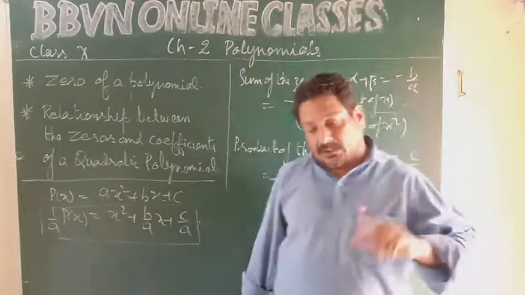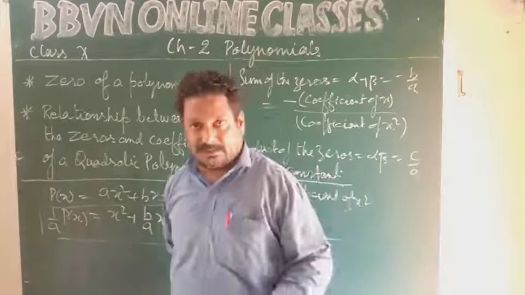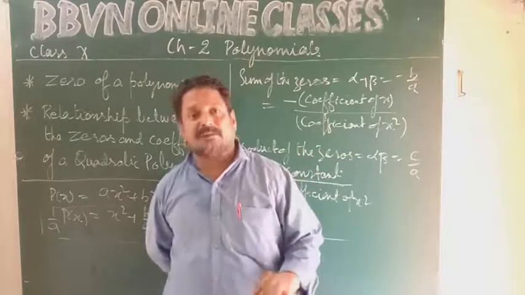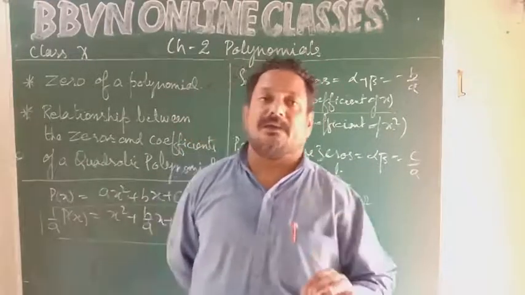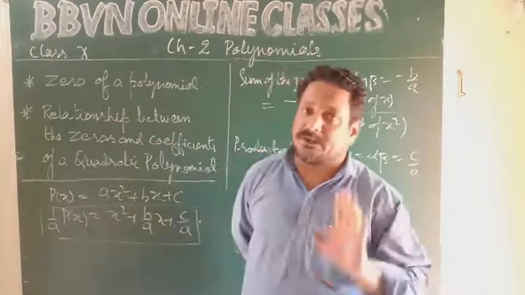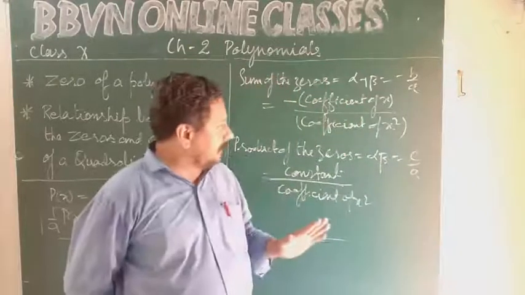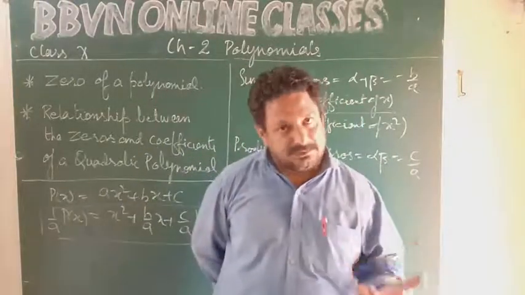So this is the relationship between zeros of a quadratic polynomial and coefficients of a quadratic polynomial. Earlier we used to have cubic polynomial also, but now for this particular term, this particular session, we only have the relationship between zeros and coefficients of quadratic polynomial. We do not have cubic or biquadratic polynomial. Okay children, we shall discuss the topic later in the next class.